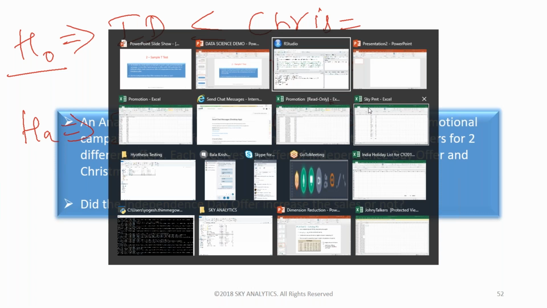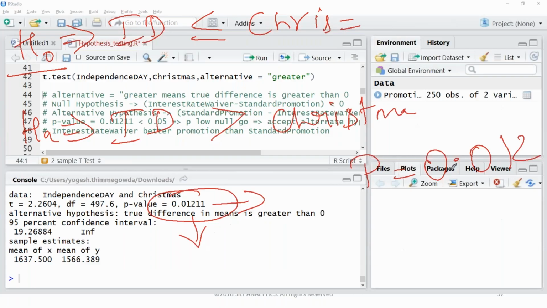After running this, what is the p-value you got here? Last step? 0.012. It is greater than or less than? Less than. It is, Ratnesh, 0.01211. Last step I'm asking here. Whatever is displayed on my testing, it says that your p-value is greater than or less than. So it is less than.